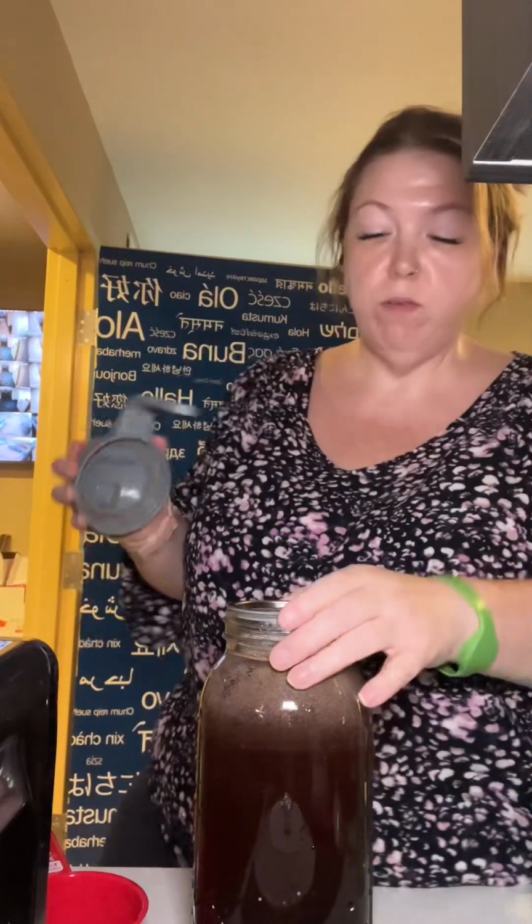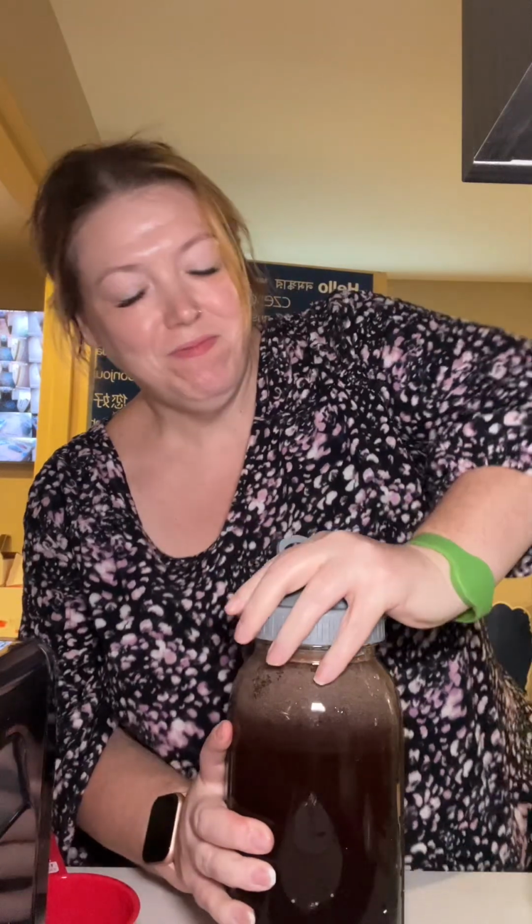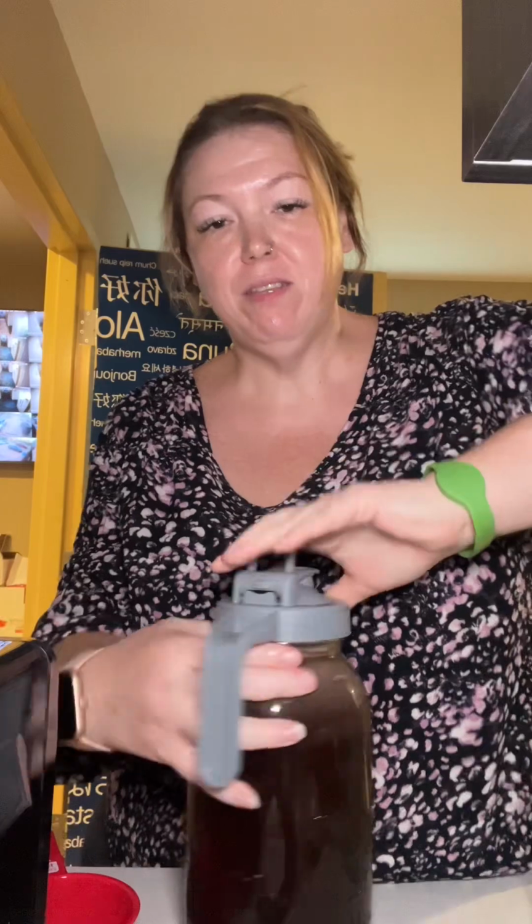You do want to be careful. It only does it when I have the filter in. Sometimes this doesn't want to stick very well. I have picked it up to put it back in the fridge, and I had it by the handle, and this fell off. So when it's got the filter in, I don't grab it by the handle anymore. See, it doesn't want to stick. Feels like it's on. So I usually just grab it this way, put it in the fridge,